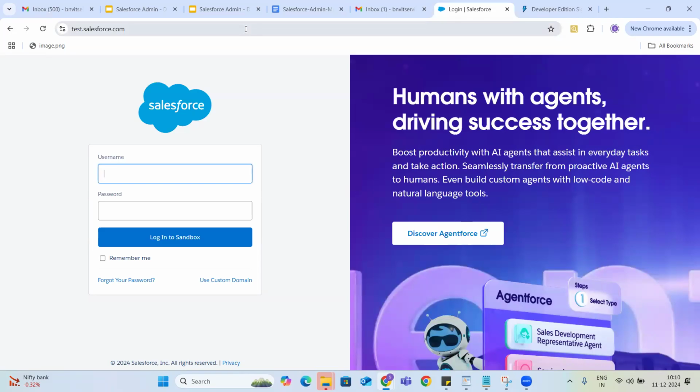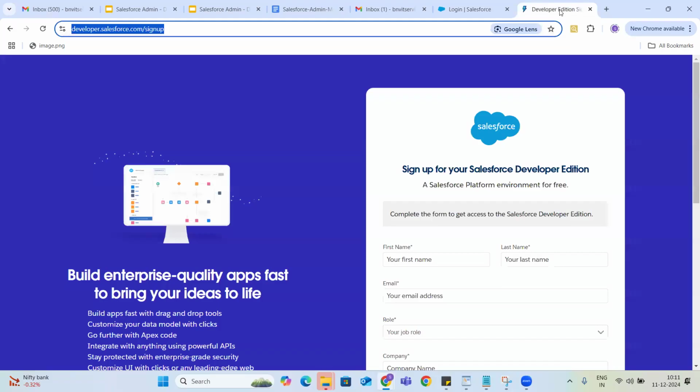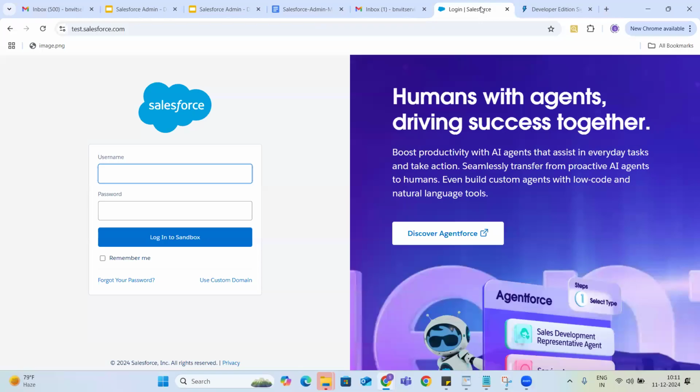Then how do we get, and there is another third URL, guys, that is nothing but developer.salesforce.com. The login.salesforce.com and test.salesforce.com, both will come when you purchase the Salesforce license. If you have already purchased the Salesforce license, then you will have the user access. Then you can provide your username and password and you can log in.